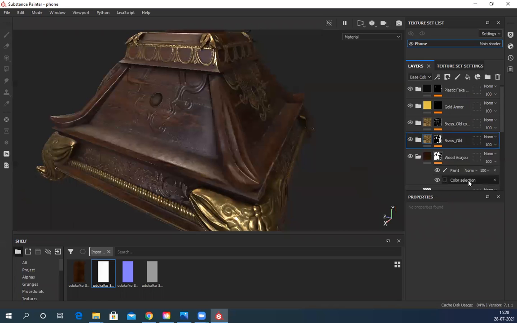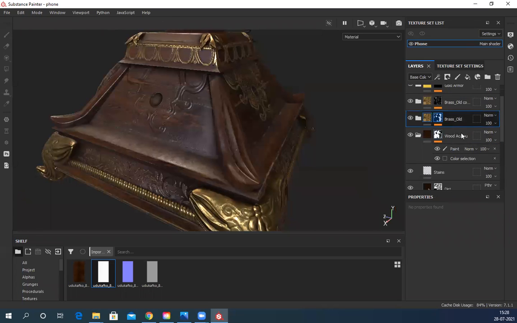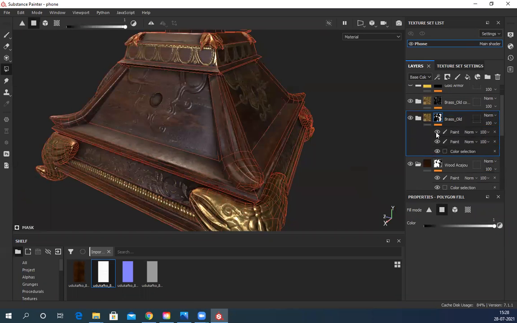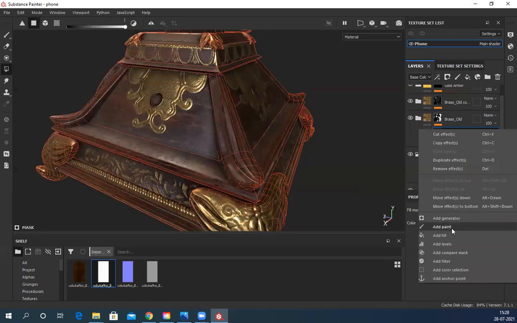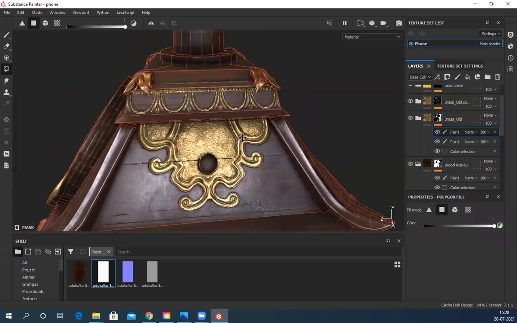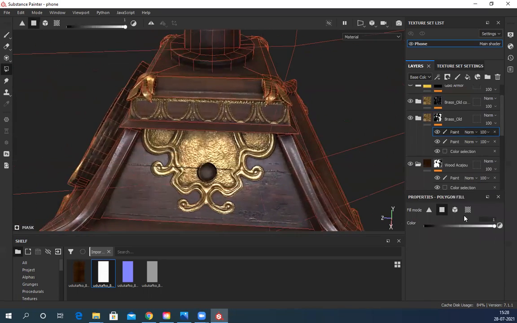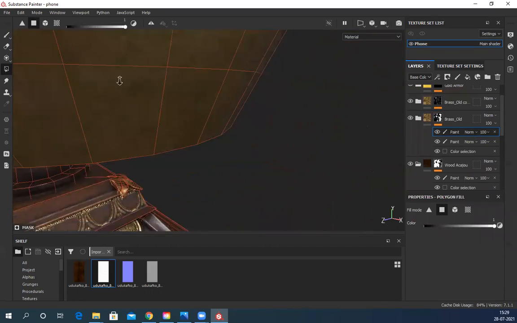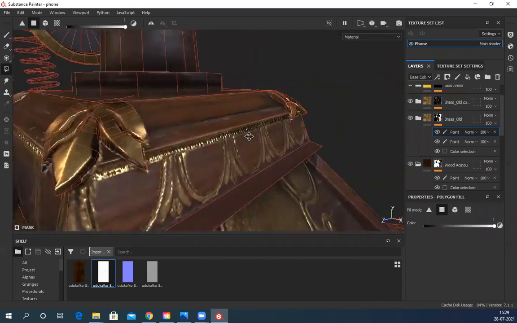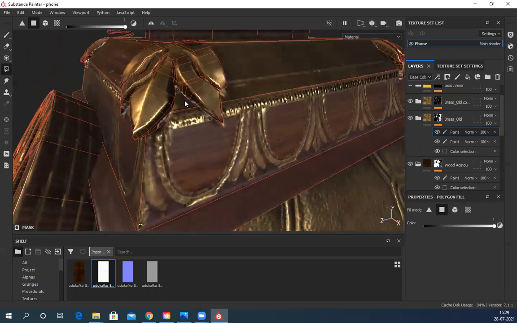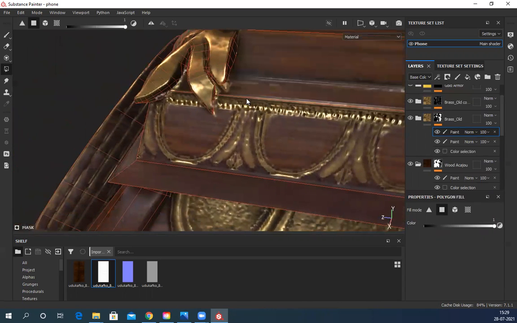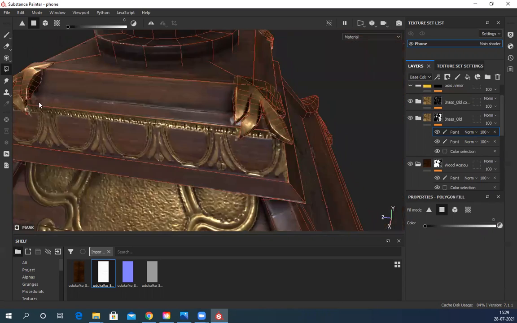Oh my God. This one I messed up here. I have to redo this thing. Add a paint. I should have selected it instead of UV polygon. Now it's clean.